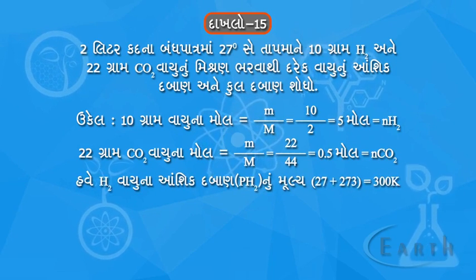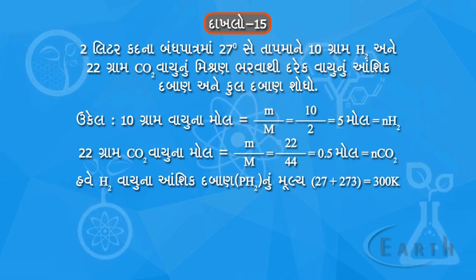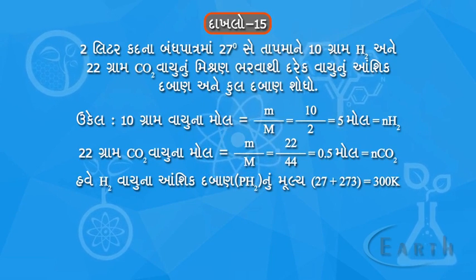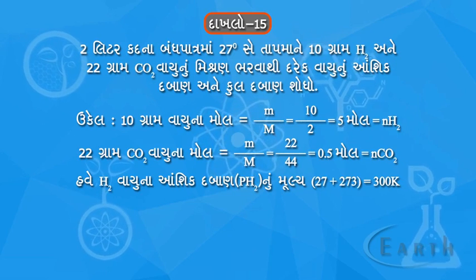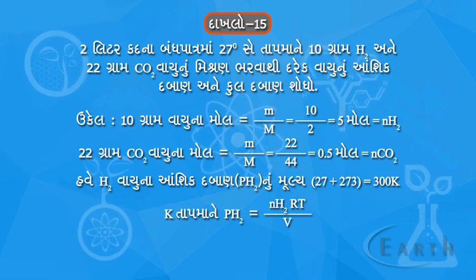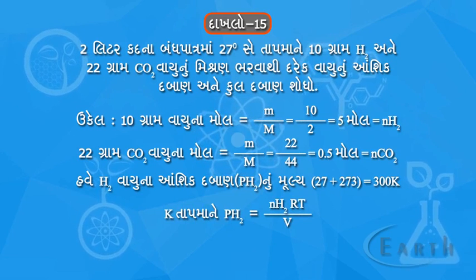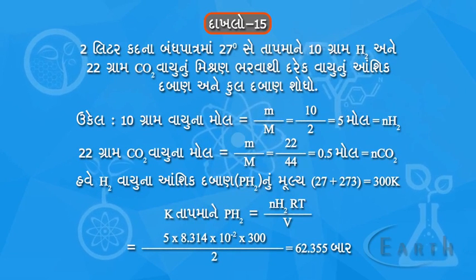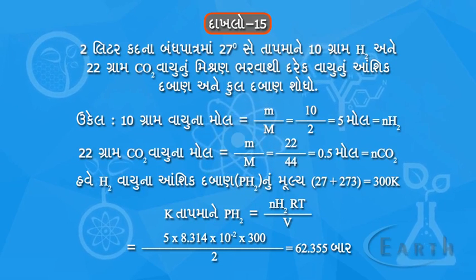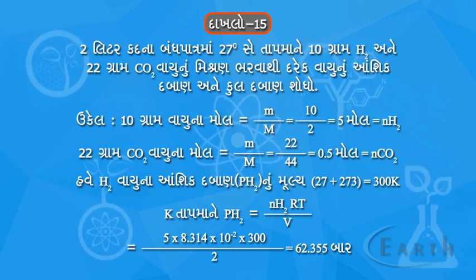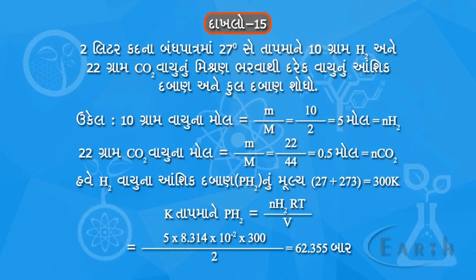હવે H2 વાયુના આંશિક દબાણ pH2 નું મૂલ્ય 27 plus 273 is equal to 300 K તાપમાને pH2 is equal to NH2 RT upon V is equal to 5 into 8.314 into 10 raised to minus 2 into 300 upon 2 is equal to